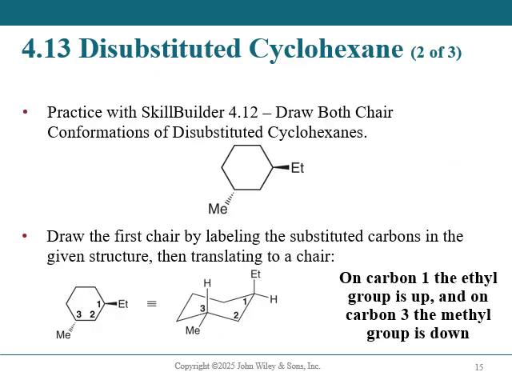Now here, let's try practicing both chair conformations of the disubstituted cyclohexane. Here, they're not next to each other. There's actually a carbon in between them. So 1,3 positions. We have a methyl group and an ethyl group. Methyl group contains one carbon atom. Ethyl group contains two carbon atoms. So first draw the chair by labeling the substituted carbons in the given structure. Then we translate. This is, for me personally, one of the easiest ways. I sort of answer all the questions first,